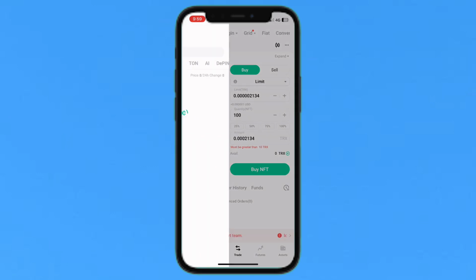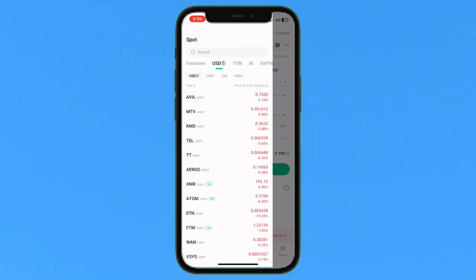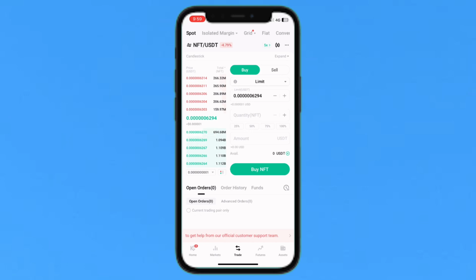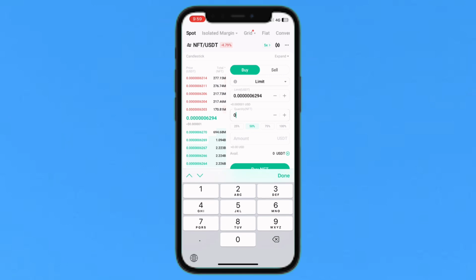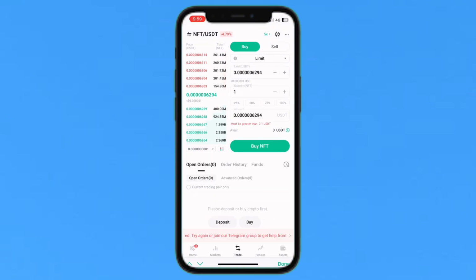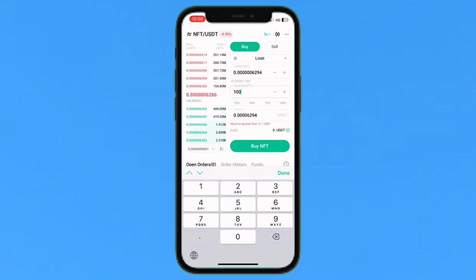And if you want to buy in USDT, you can also search in spot. Just tap to search for NFT in USDT. So just tap on it and then select the quantity 50% of like one NFT. So here is the price, you will see 0.1 USDT. If you want to buy 100 or like this,